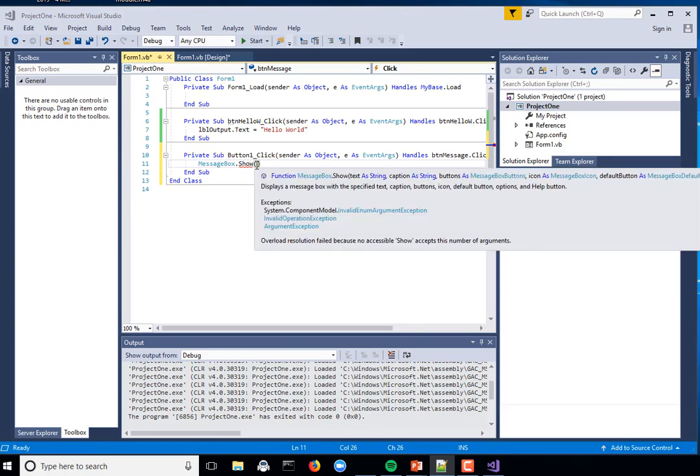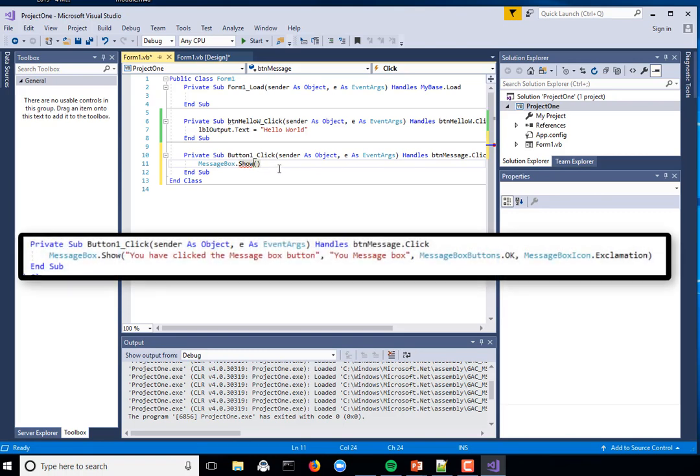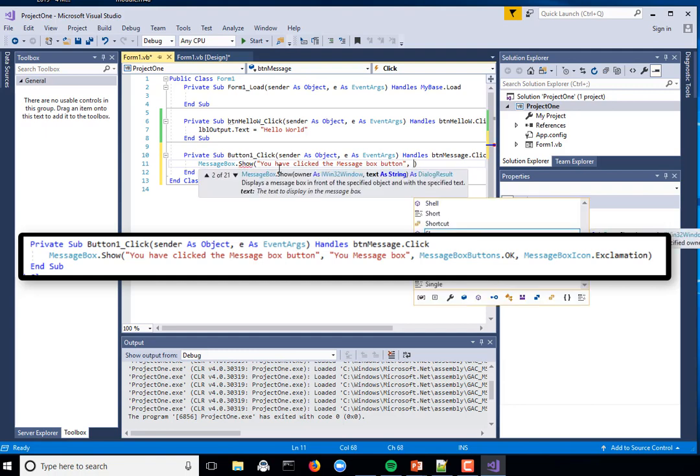And inside the brackets I've got a few things I can put in here. So the first thing is inside quotes I can put the message I'd like to show. You have clicked the message box button. The other thing I can put in here is whatever the title of my item is, and you notice it gives me lots of helps and hints on the way through. Some of them can be a bit confusing, but the second thing we want to do here is let's type,